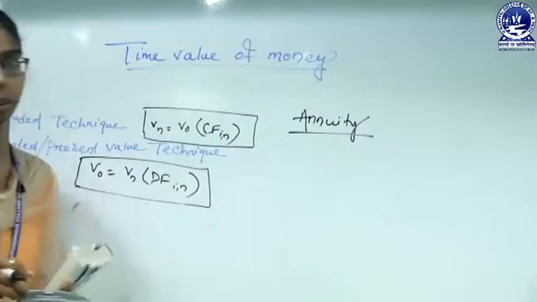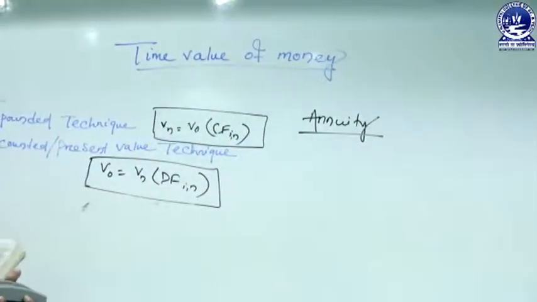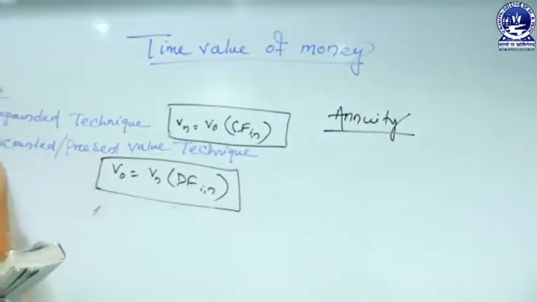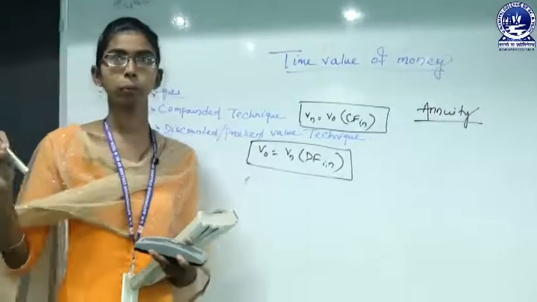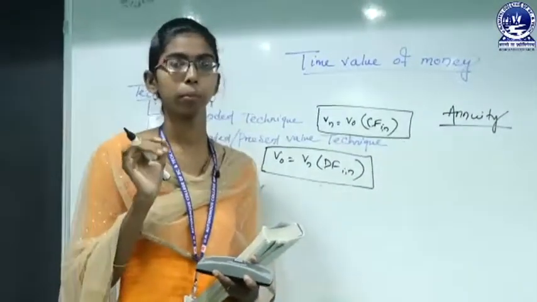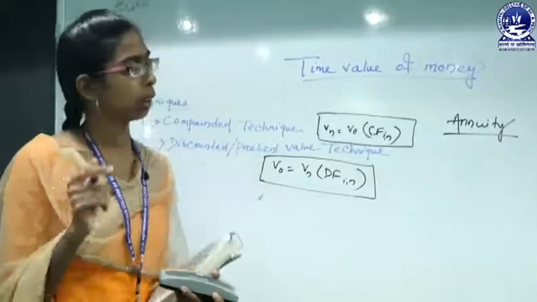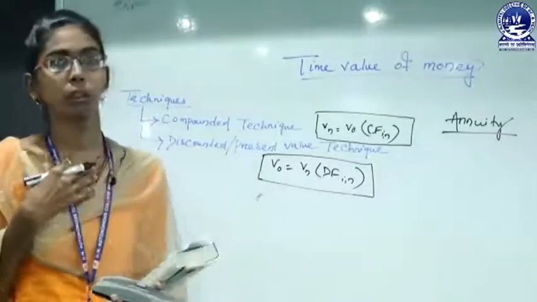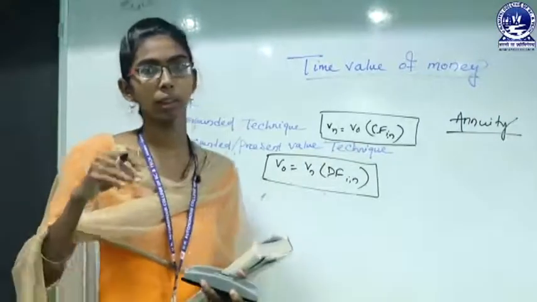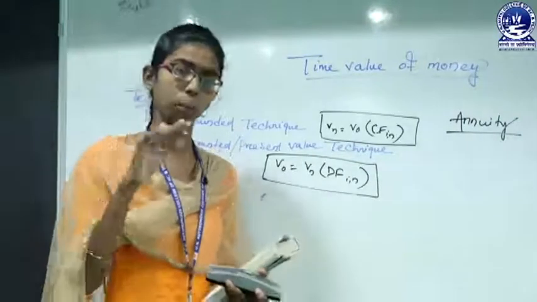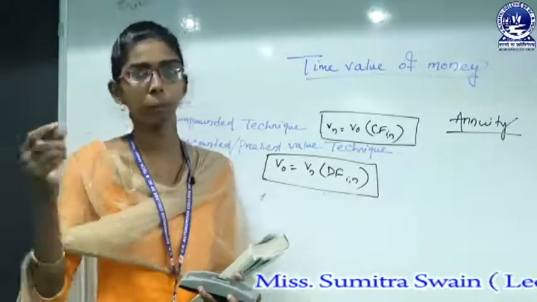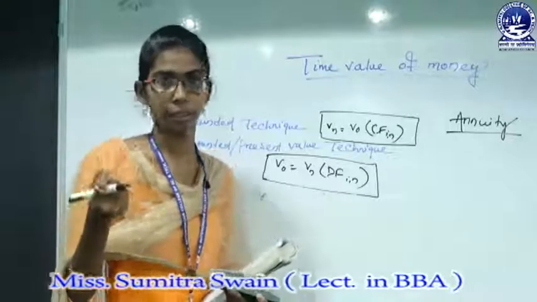What is annuity? Annuity is simply a series of equal payments. A series of equal payments for, suppose, 5 years or 10 years or 2 years, any time period, but the payments must be equal. Like the house rent we pay, does it change every month? It always stays stagnant. For suppose 2 years or 3 years we are going to pay a fixed rent.